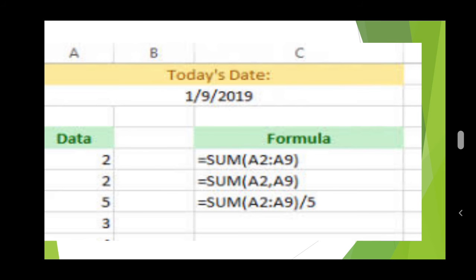A formula used in MS Excel should have an equal to sign, and through this equal to sign only, Excel comes to know that the number or the cell forms a formula. How many rows or columns form a particular formula is mentioned in the row or column. And mathematical rules are used for deciding the sequence of operations for these formulas. What is the mathematical rule they have given there? SUM they have given there. SUM means we are going to add A2 to A9.